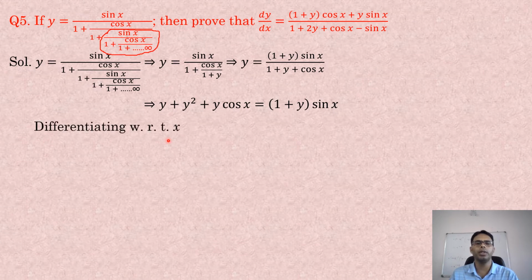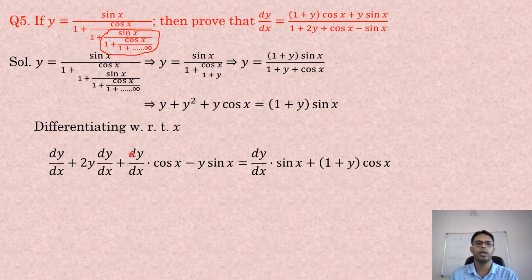So differentiating with respect to x, on the left hand side y² gives 2y dy/dx, plus this is a product function, so the derivative of y is dy/dx with cos x remaining the same, and the derivative of cos x is negative, so I have already taken the negative here, y remaining, and the derivative of cos x is minus sin x, minus is taken here, is equal to, on the right hand side it is again a product function, so